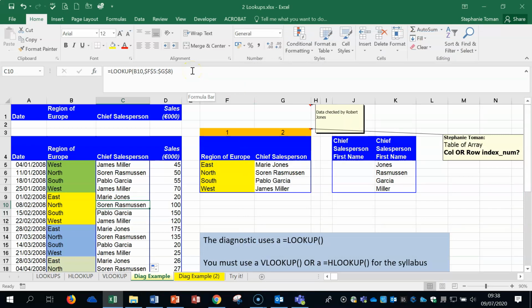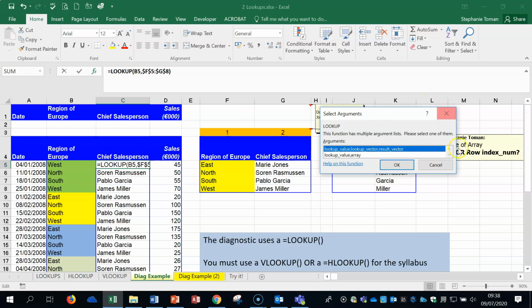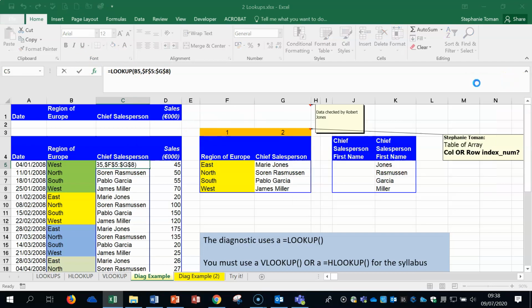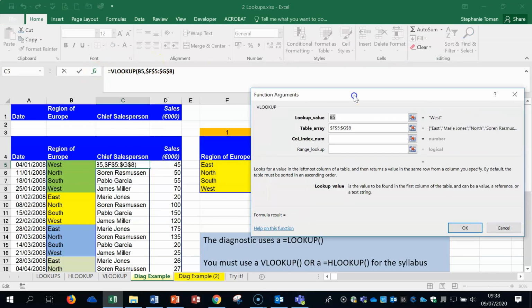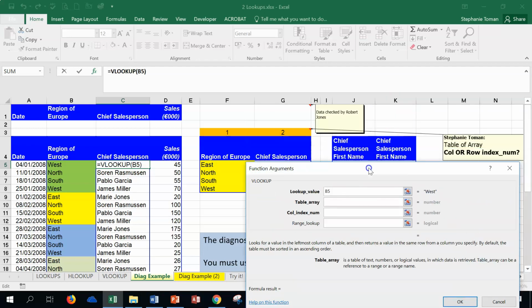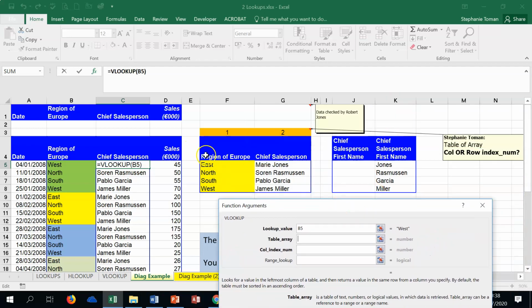So let's do it that way as well. So I'm going to take that back, escape, and I'm going to go into the console. Let's put the V in front of it first, otherwise it doesn't know what function we're doing. And go into the fx, now we can see what we've done. So if I hadn't put that in, I'd put in the first instance, so it's B5, which is this one here, West. The table of array, I would pick up there,